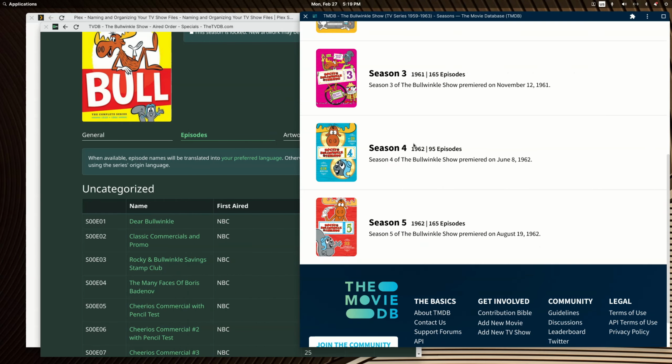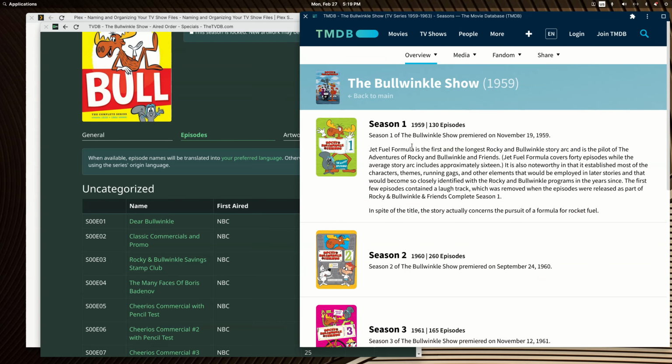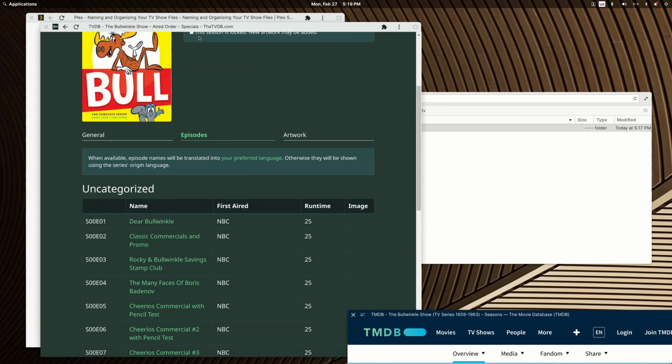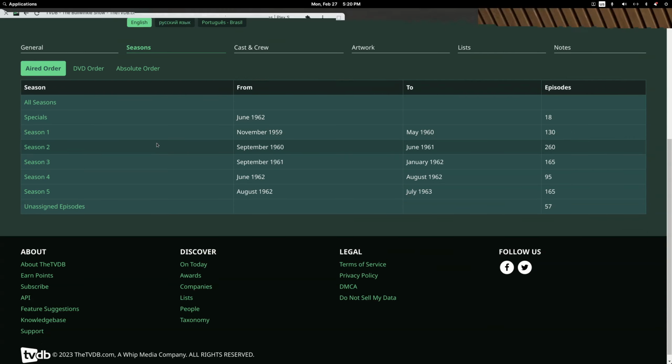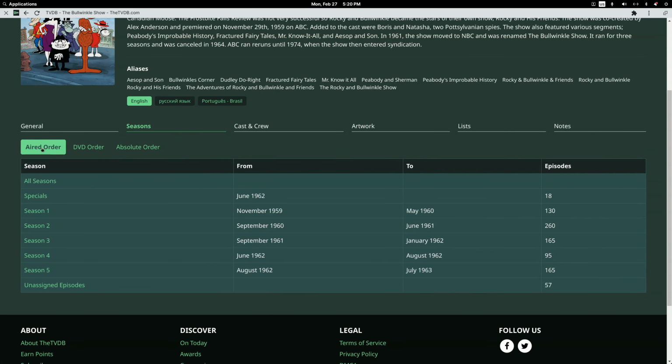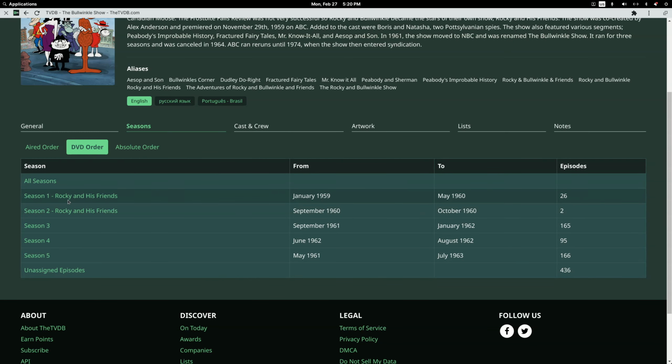The movie database has no alternate DVD order for TV shows, like you'll see oftentimes with TVDB. So we have aired order, and I prefer everything listed in my Plex server as aired order, but some people like the ease of just ripping from a DVD and using DVD order. Sometimes it's exactly the same, and sometimes one or two episodes will be in different sequences in a season, but